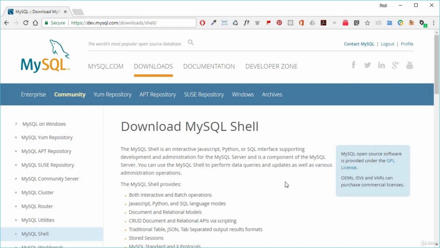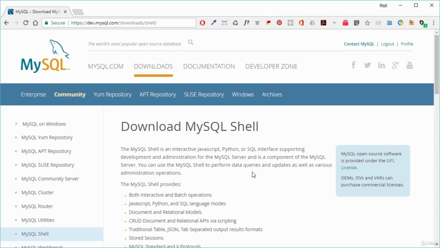Now that you've successfully connected in using the MySQL Workbench, I'm going to show you how to connect in with the MySQL shell software, and that will allow you to do command line work, such as issuing SQL commands to your RDS instance. So the first thing we need to do is to install or download the MySQL shell, and there is a link in the lab notes to that URL to do that.